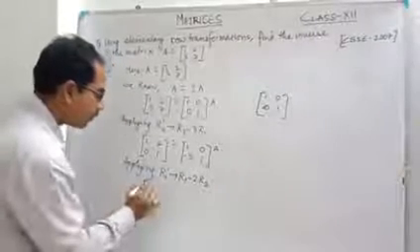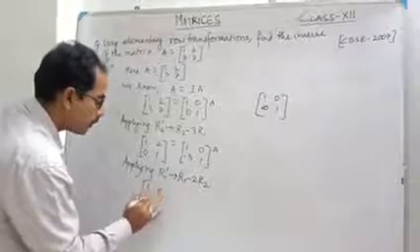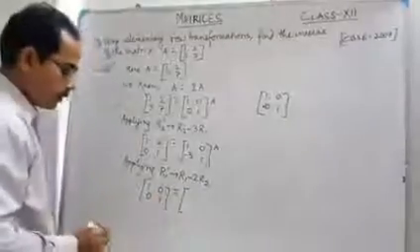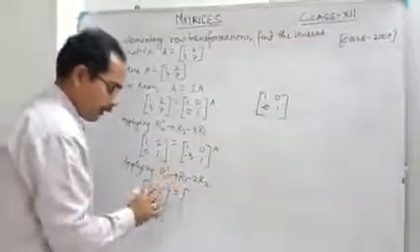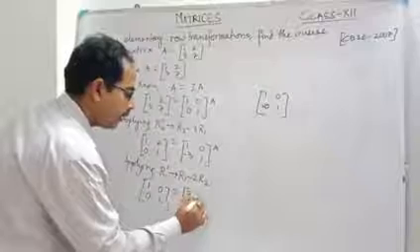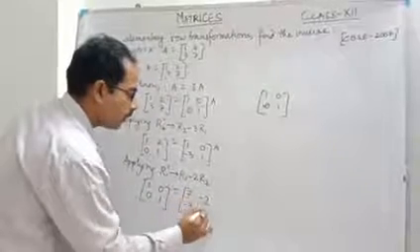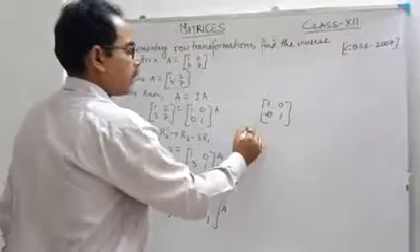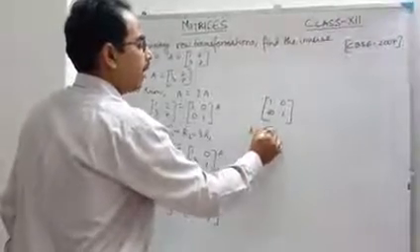So automatically this one will be 1, this will be 0, this will be 0, this will be 1, equal to, here also if I conduct the same transformations, what are we getting here? 7, here minus 2, here minus 3, here 1A. So we have started, look at here, with A equal to IA, correct?